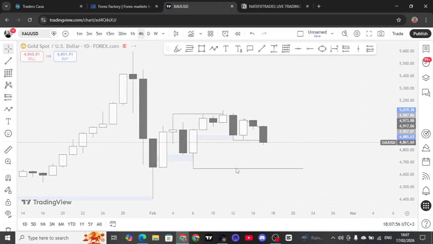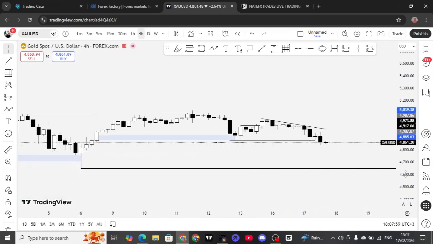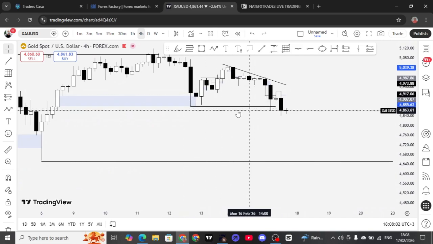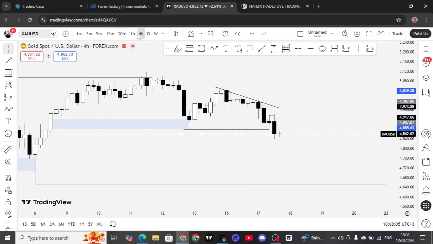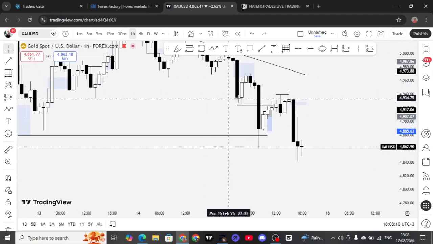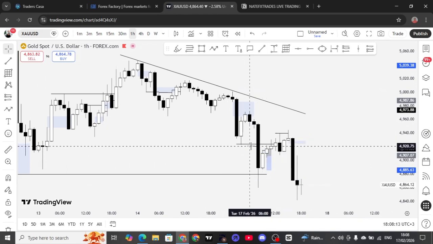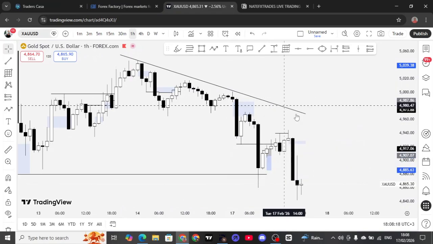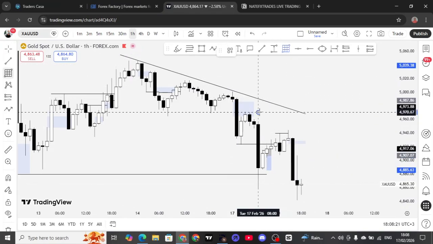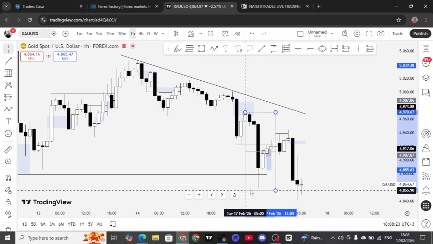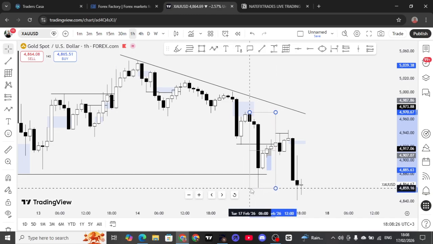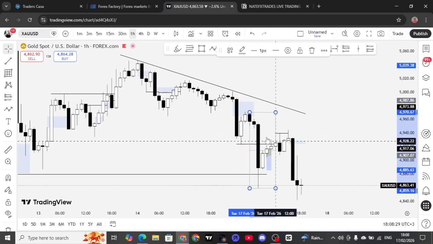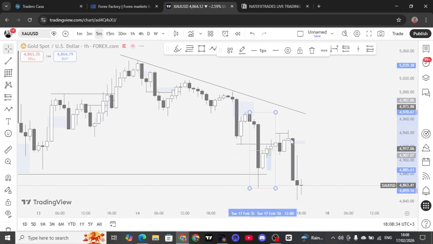So I was anticipating a move to the downside to break this daily structure, because the market had broken structure to the downside here on 1 hour. I just came down and looked for a retest in the premium. Remember, you sell in premium and buy in discount. So the market had already hit our equilibrium point, and I was looking for a sell.